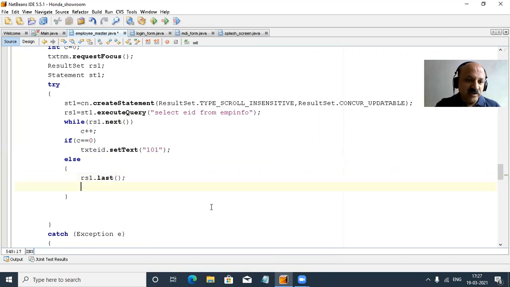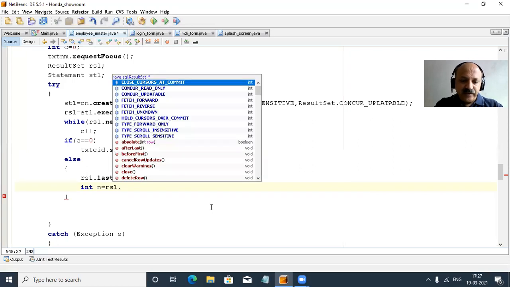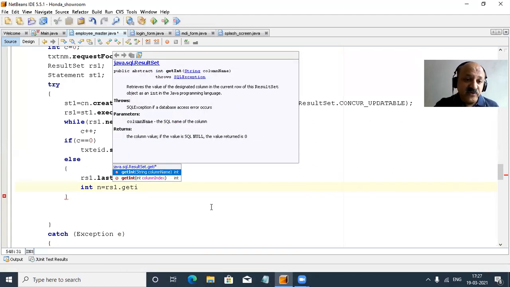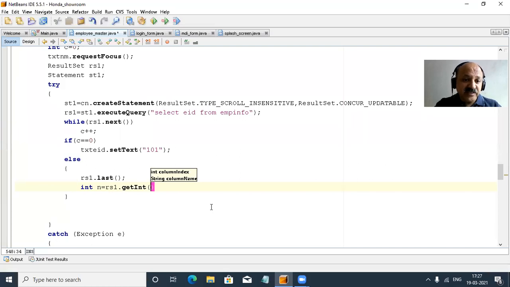So that goes to the last record in our database, and then we can take one integer variable. What to do? So rs1, and that is getInt, because our first field is employee id and that data type is integer, so we use getInt, and we pass column index 1.